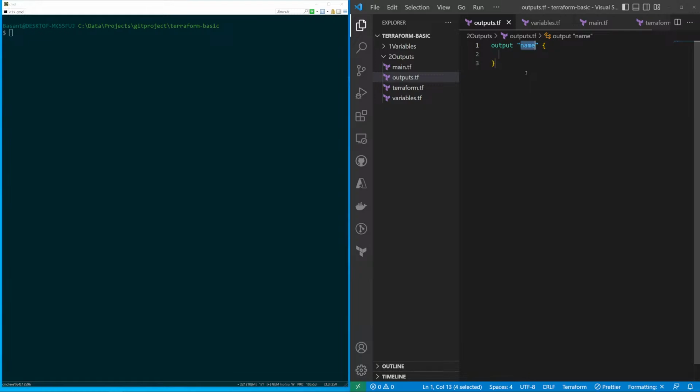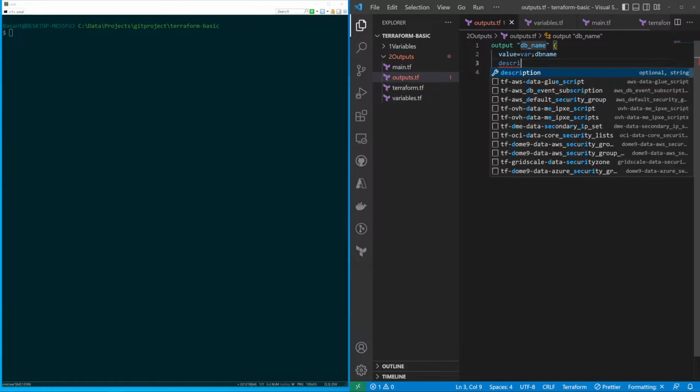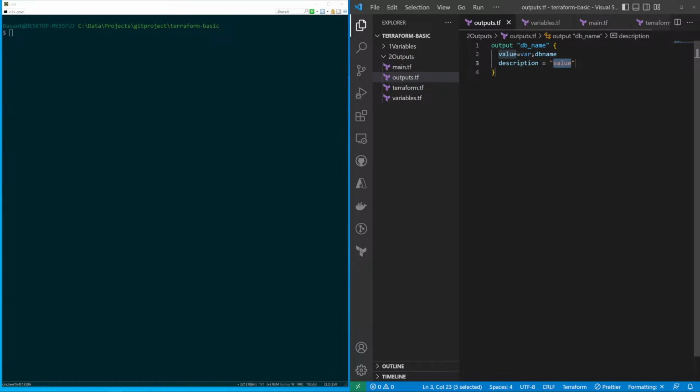For example, database name, let's say, and the value would be var.db_name, and we have a description. The description would be this,